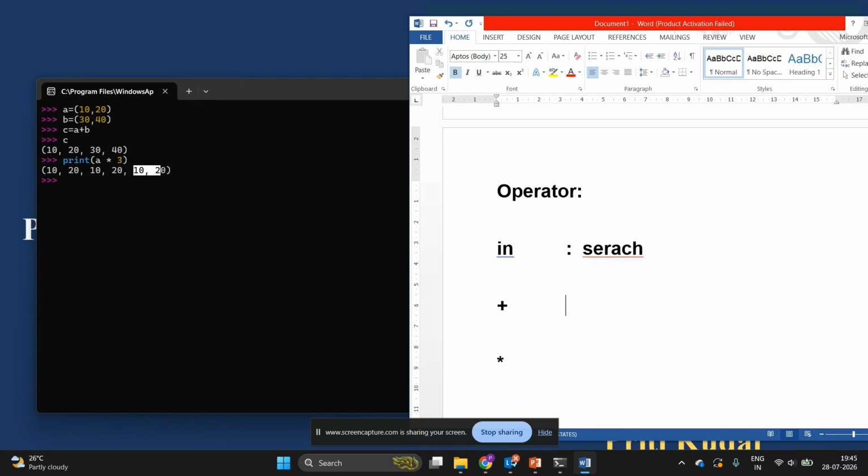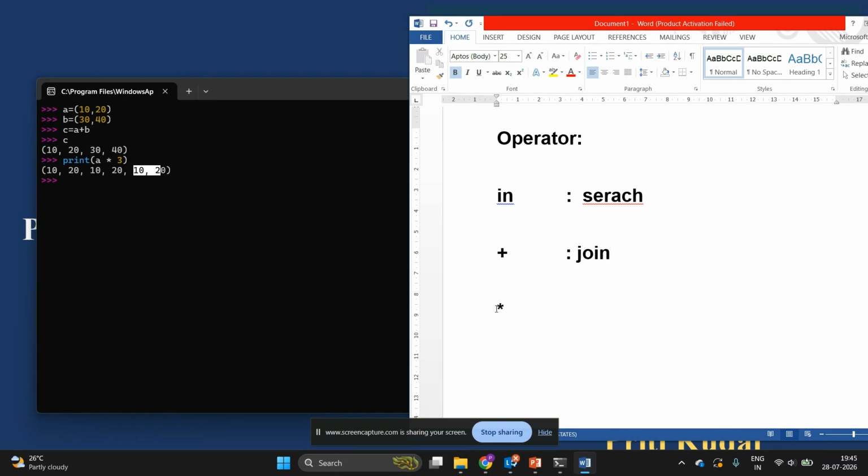The plus operator is used to join two or more tuples. The asterisk is used to repeat the values in the tuple.